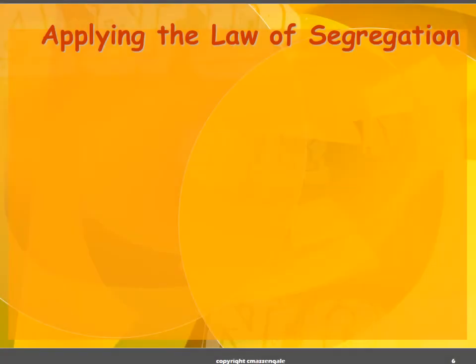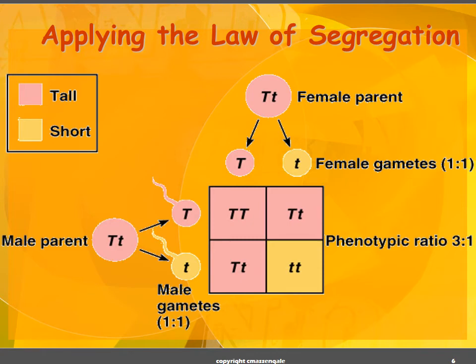So, let's have a look at what this would look like in humans. If we have a tall female parent and a tall male parent, okay, tall shown in purple, and short shown in yellow, what we see is that they are both heterozygous tall. All right, tall is obviously the dominant, and they will then separate out, so the gametes segregate at a ratio of 1:1. So 1 dominant, 1 recessive, 1 dominant, 1 recessive, and what we see is our classic